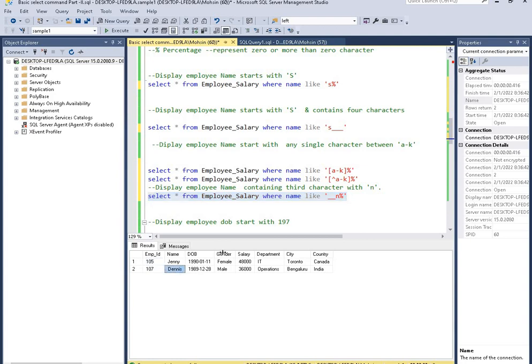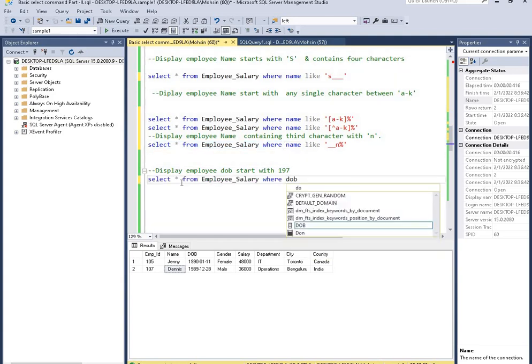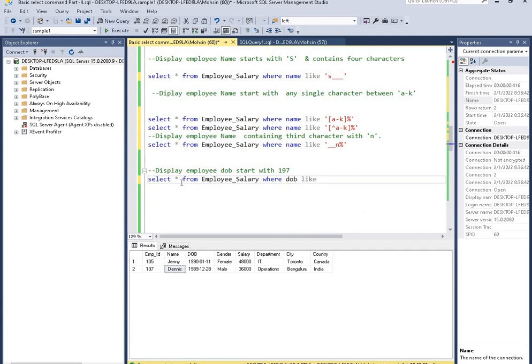And the next question, the final one, is display employee date of birth start with 1907. DOB like. Why am I using like? Because this is a wildcard character, we don't know the exact value.